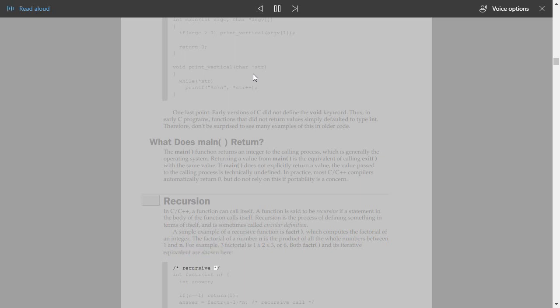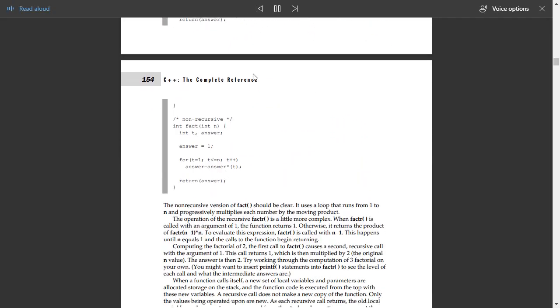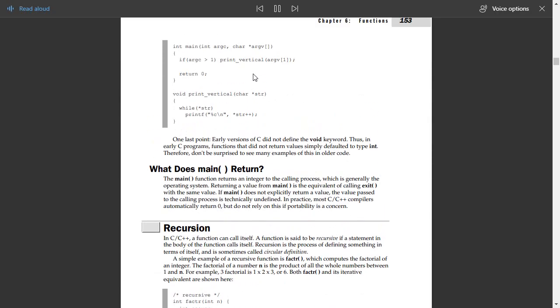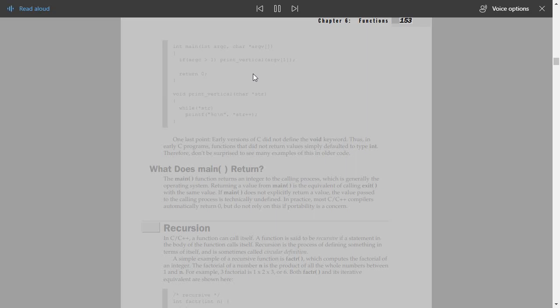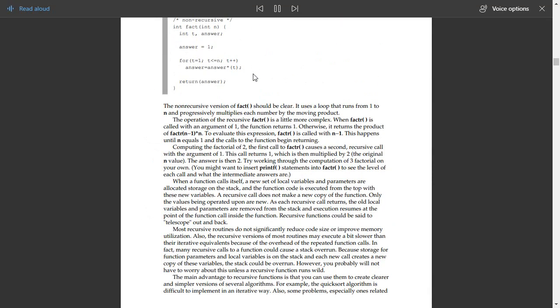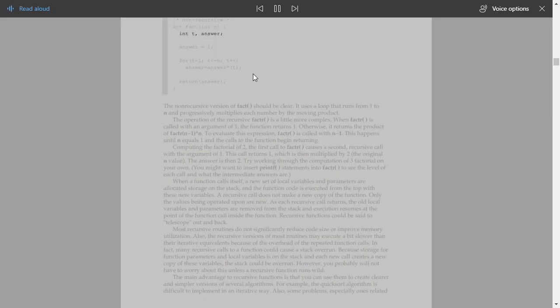/* recursive */ int factor(int n) { int answer; if (n == 1) return 1; answer = factor(n-1) * n; /* recursive call */ return answer; }. Chapter 6, Functions 153. /* non-recursive */ int fact(int n) { int t, answer; answer = 1; for (t = 1; t <= n; t++) answer = answer * t; return answer; }